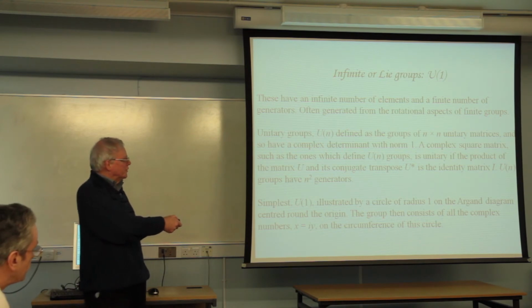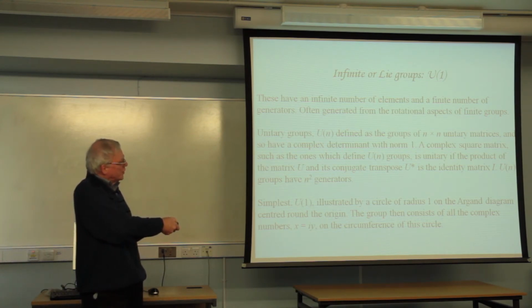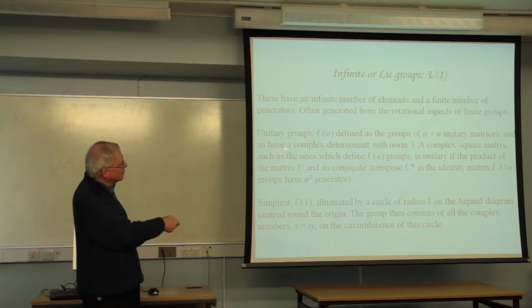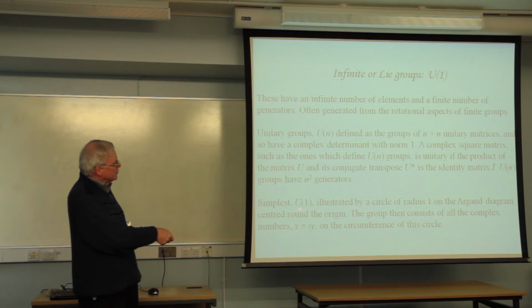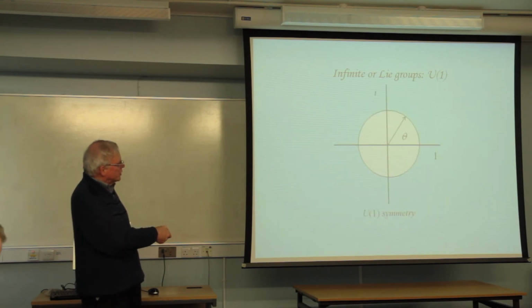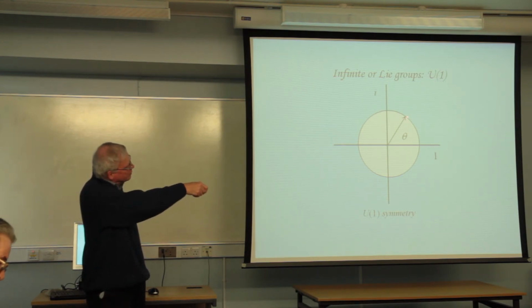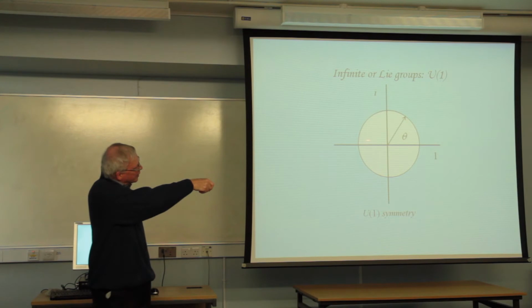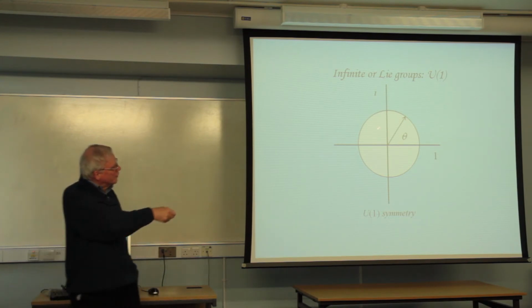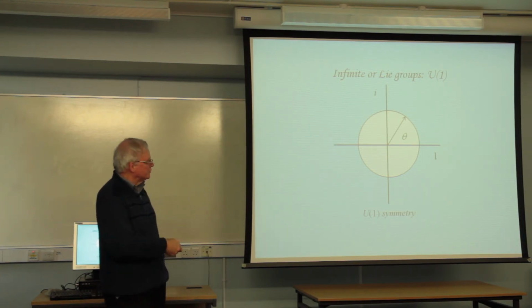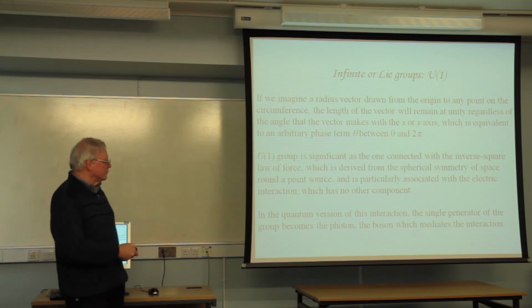Now this is very familiar to physicists. I don't really want to dwell on this. I think I'll probably leave most of this out because this is Lie groups. There are groups that contain infinite numbers, and 3 that are very important to physics are U1, SU2 and SU3. And the U1 symmetry is essentially equivalent to rotating a vector or some object in a circle like that in the Argand plane. And the numbers along this correspond to the members of the group. That's just one version of it. So that's an important one.